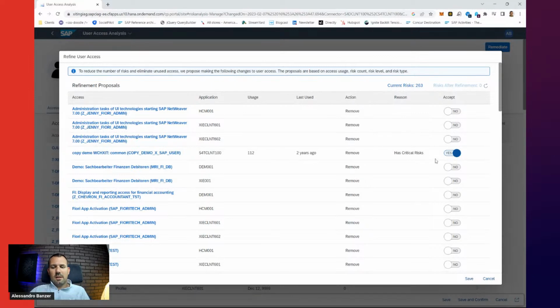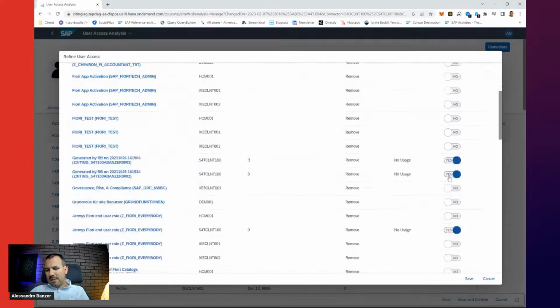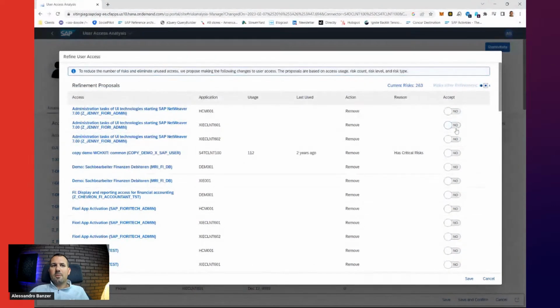So this role here has critical risks. That's why IAG says remove it. I can say, no, actually that role, because it has been used 2 years ago, but maybe let's say it was last week or yesterday or today, the user needs this. You can also say, hey, no, he needs that. And then refresh here. Now hopefully we'll see a couple of risks, because if I accept this refinement, the risk will go down because I accepted some others that can be removed, but this one I don't, and I can see what happens then.